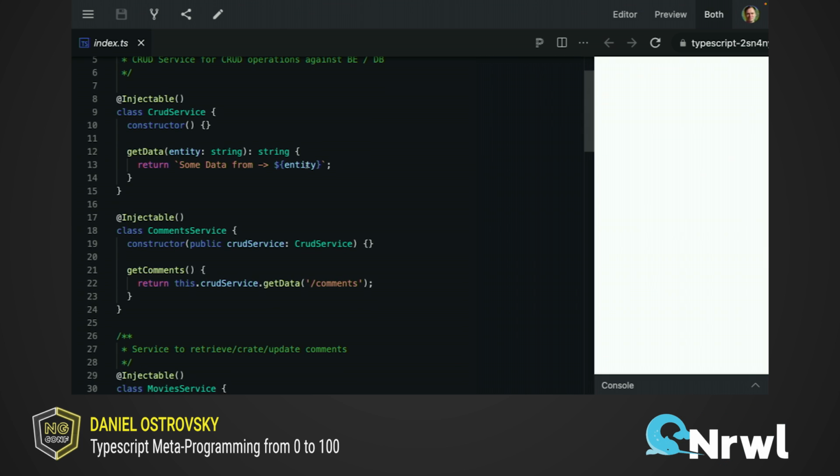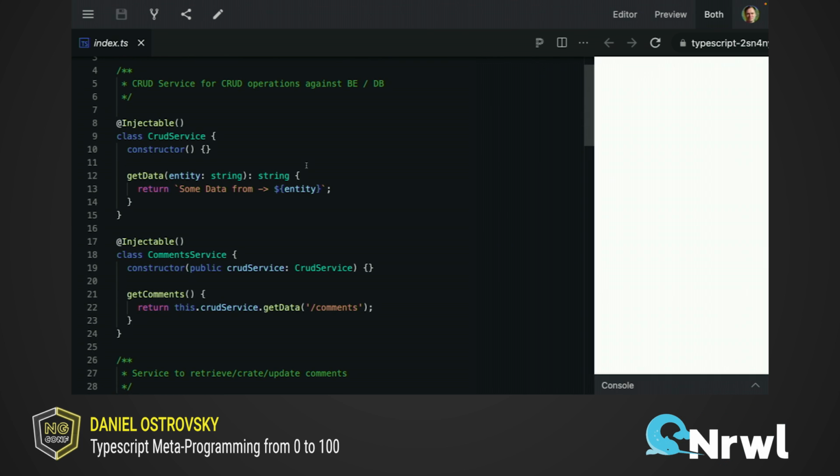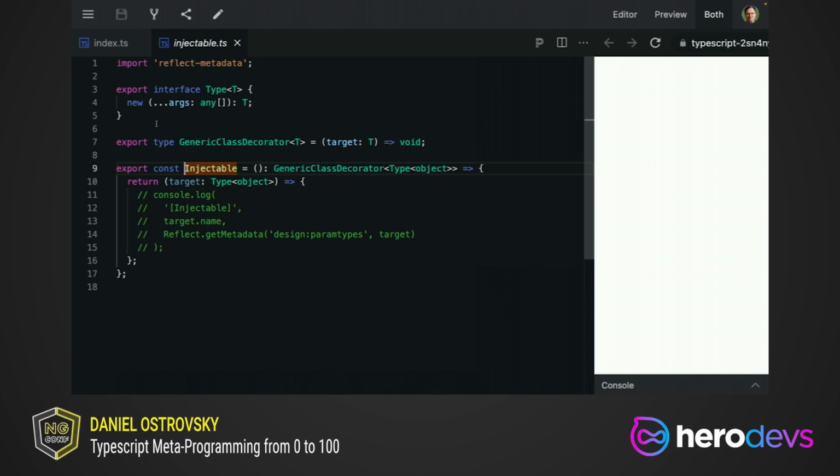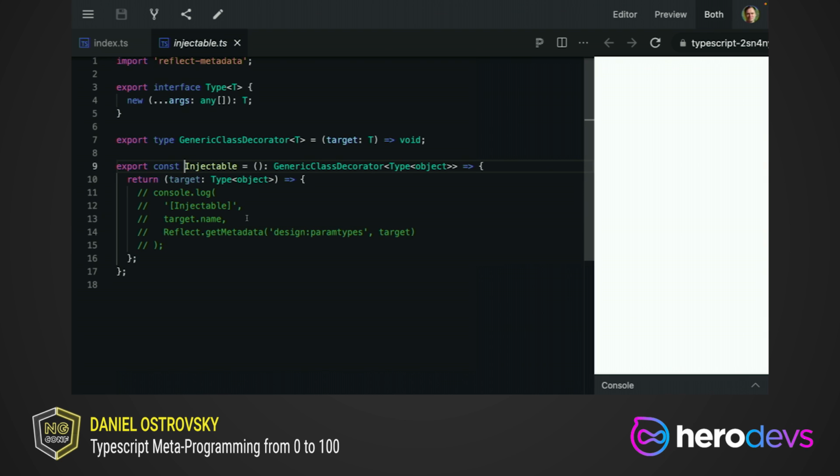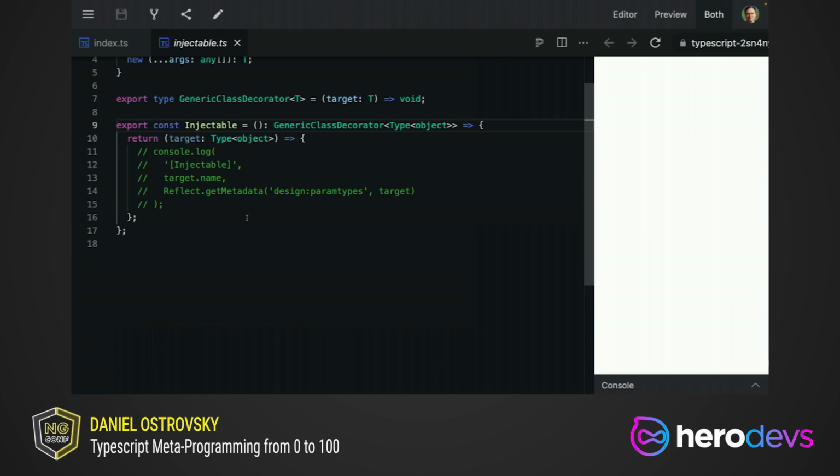To start with dependency injection, basically, we need to add a simple decorator that's called Injectable. But it's not an Angular decorator, obviously, okay? It's a simple decorator, that's how it looks like. And it's empty. And this is the interesting part: why it's empty, and why it's enough for us to have an empty decorator above the class, so that we can inject this class as a service somewhere.